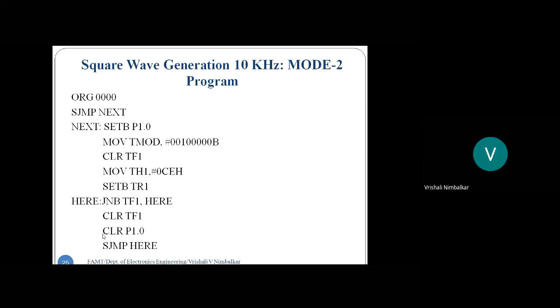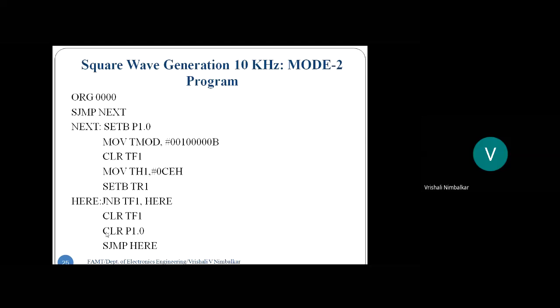So in one case, it's clearing P1.0. Immediately in the next case, it is setting P1.0. That's how we will get a square wave. Yes or no? Right? So then I need to do a modification. Instead of writing clear, one time I need clear, second time I need set. One time that bit is logic 0, second time the bit should be logic 1. So what alternative instruction can I write here? Are you understanding that?